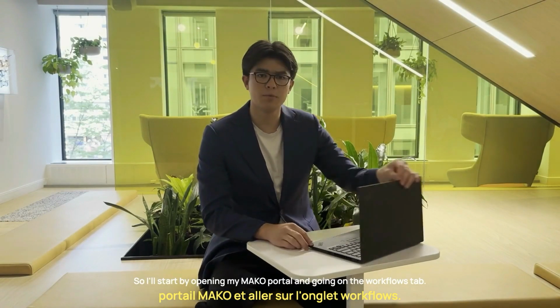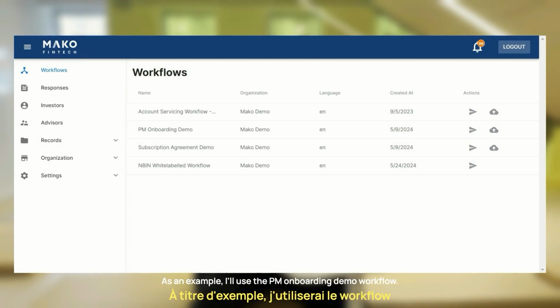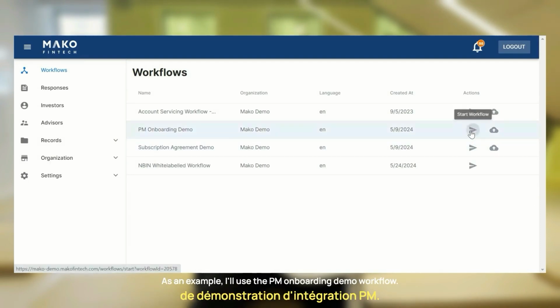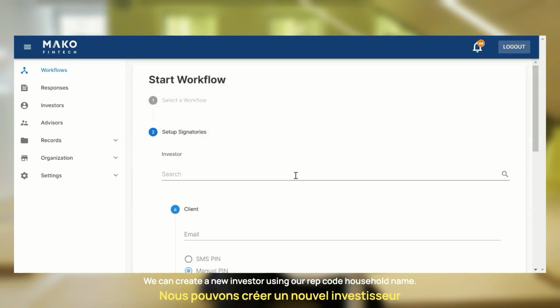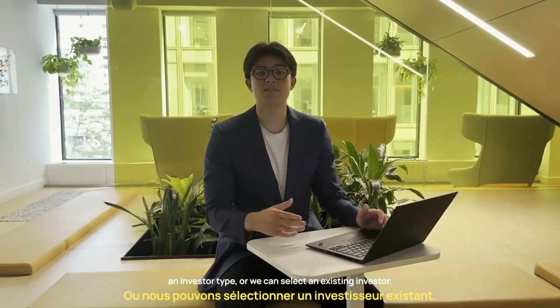So I'll start by opening my Mako portal and going on the Workflows tab. Here I can select the workflow that I'd like to launch. As an example, I'll use the PM onboarding demo workflow. We can create a new investor using our rep code, household name, and investor type, or we can select an